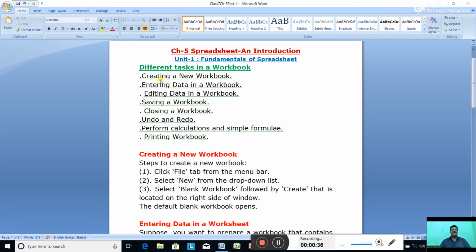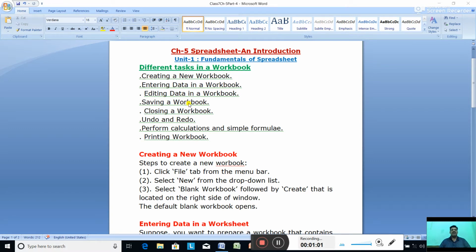The first task is creating a new workbook, which we are going to see today. Then entering the data in a workbook. Creating a new workbook means we are creating a new workbook, and in the second thing, entering the data in a workbook. Then editing data in a workbook. Suppose any entered data is wrong, some mistake is made, so that can be edited, corrected.